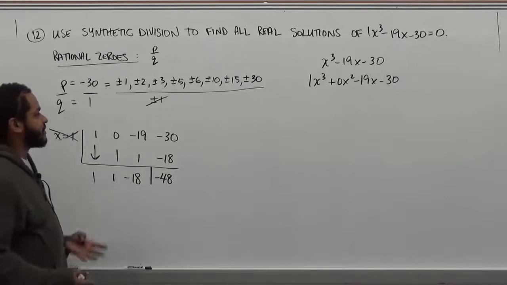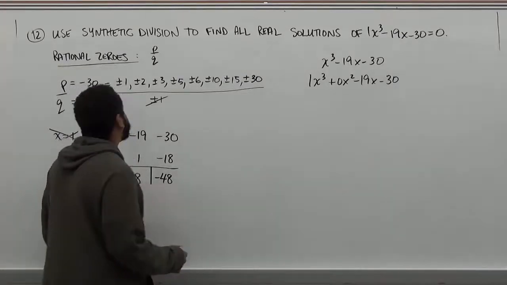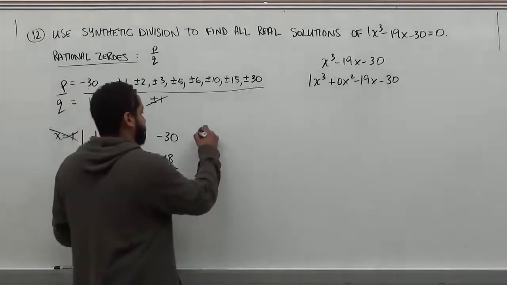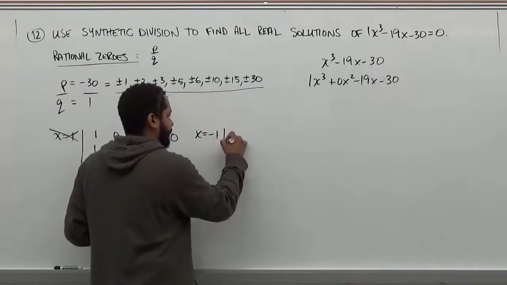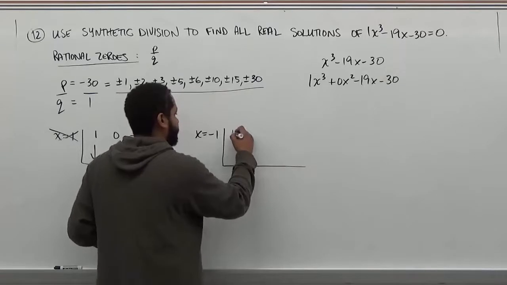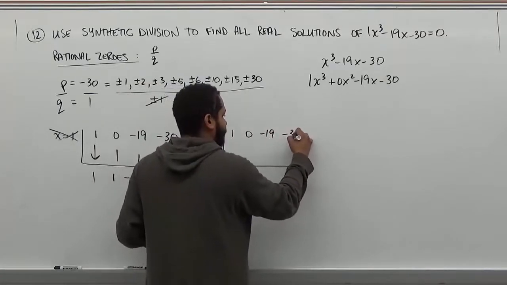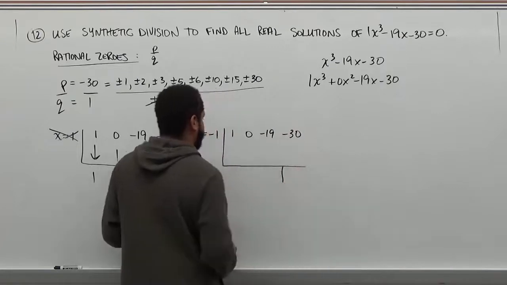So we're going to move on to the next term and see if it works. Our next term is going to be negative 1, because we tried the positive 1. So we'll say x equals negative 1, and we'll repeat this process. We have 1, 0, negative 19, and negative 30. Our remainder box, we continue the same